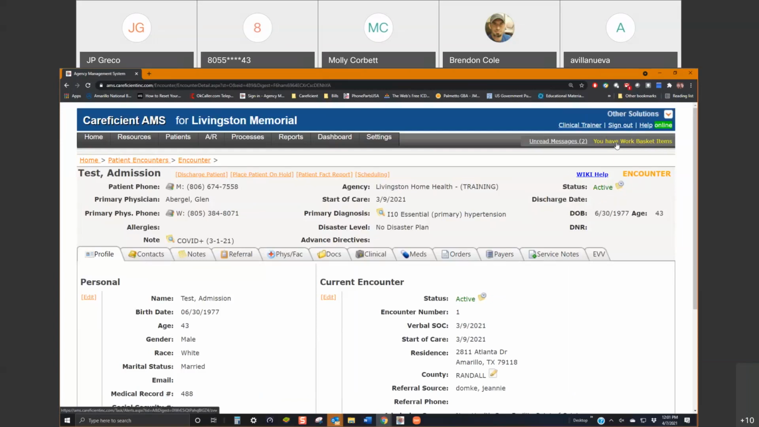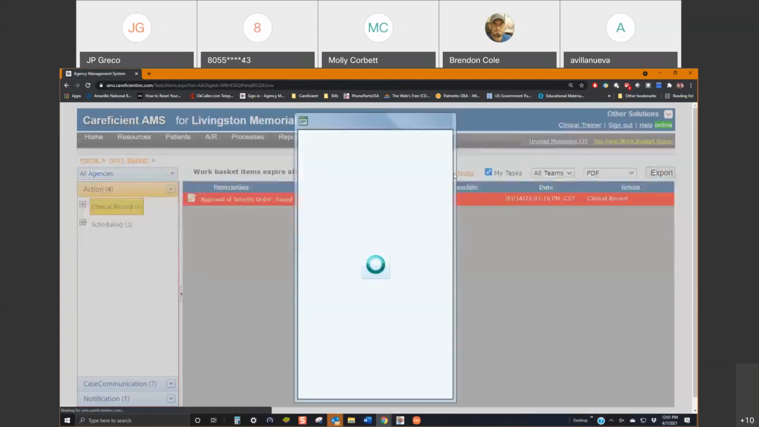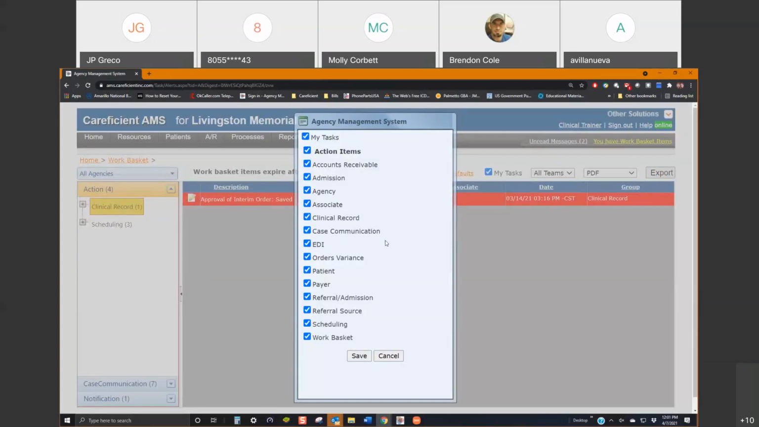Okay. The last thing that we were going to discuss, and we'll open it up for questions and answers, is I wanted to go over the work basket and then the unread messaging. The work basket has to be set up by your administrators, and whatever's assigned to you is going to show up in this basket. Now, initially, you are going to have to set your defaults to whatever it is that